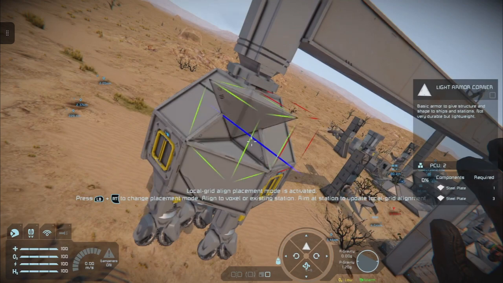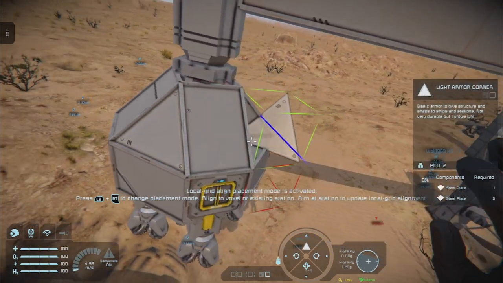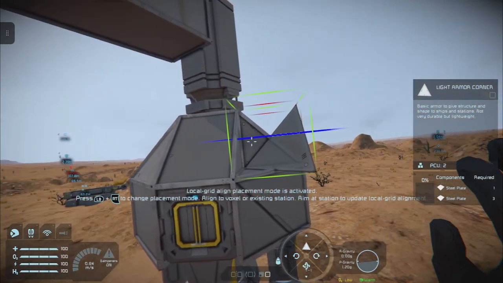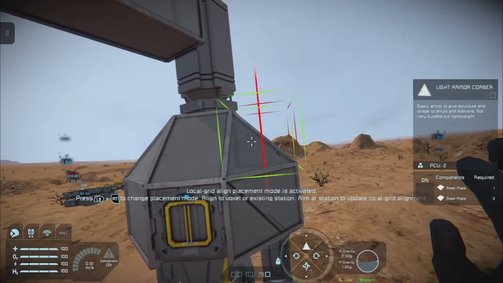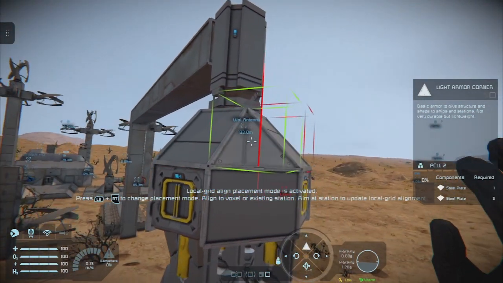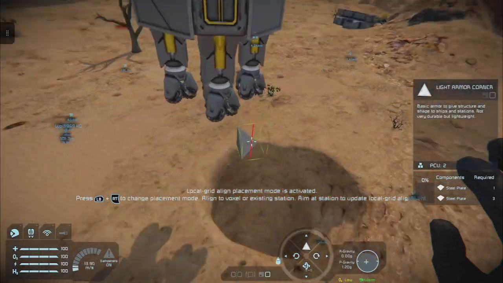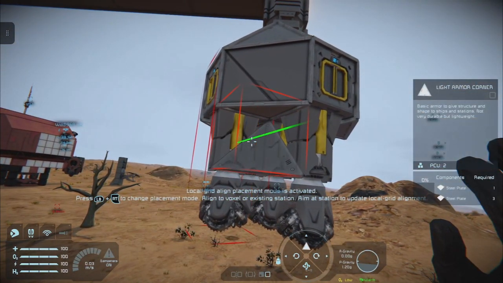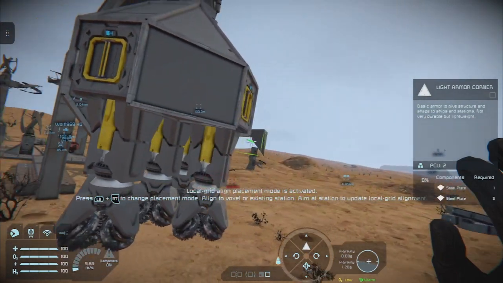Then we'll switch to this one, the light armor corner, and just rotate them into place, like so. You have to change the axis by tapping down on the D-pad. And then just in the middle of this lot here, rotate this one until it fits like that.